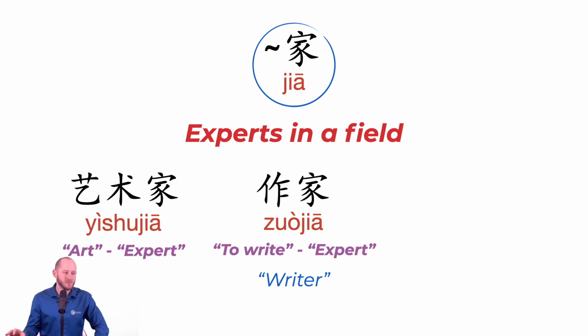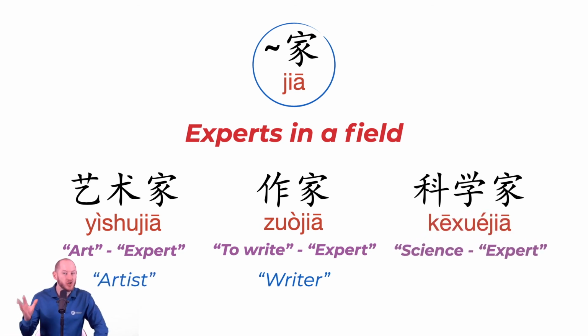艺术家. Well, art expert, an artist, right? Again, a good artist. Van Gogh, Picasso, right? We're not talking about just somebody who paints. You could say 艺术者. 者 is a word that you use for a person who does that thing, and it's a little bit less highfalutin. 科学家, science expert, a scientist. Now, 科学家 is, I find, to be a little bit less rigorous in who gets called a 科学家. Usually, if you just have a job that involves the scientific method, people are willing to call you a 科学家. But, yeah, that's just an example there.